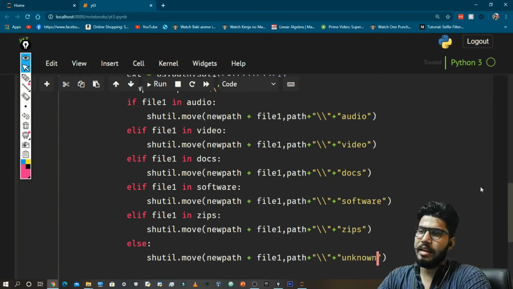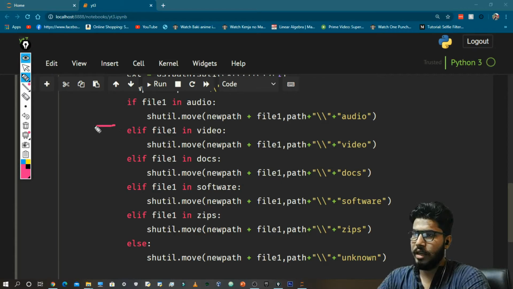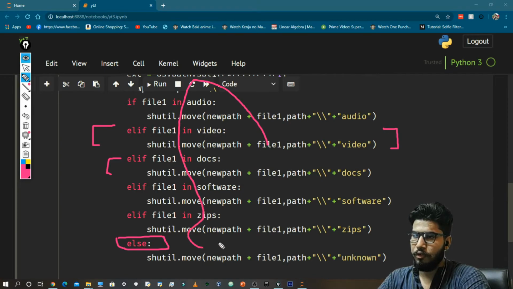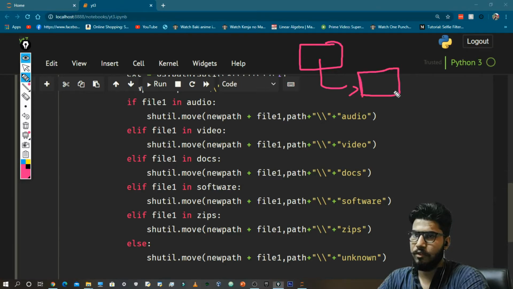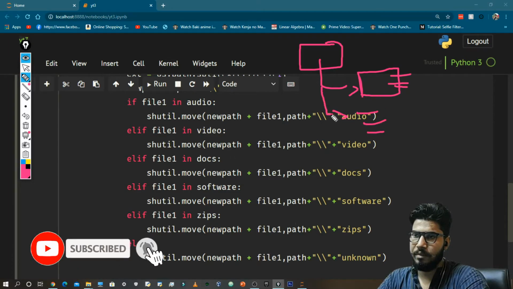Okay guys, so as you can see here, I have done all the coding, and I have checked for all the conditions. Even in the else part we did it: if we do not have any of these kinds of files, we are going to move that into the unknown folder. Now we have moved all the files. We had this folder, and inside this folder we had another folder. We have moved all the files from here, so now we need to move the files from the original folder that we provided.